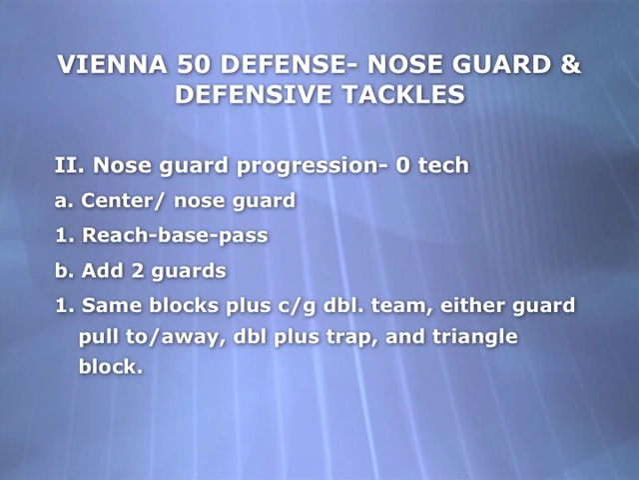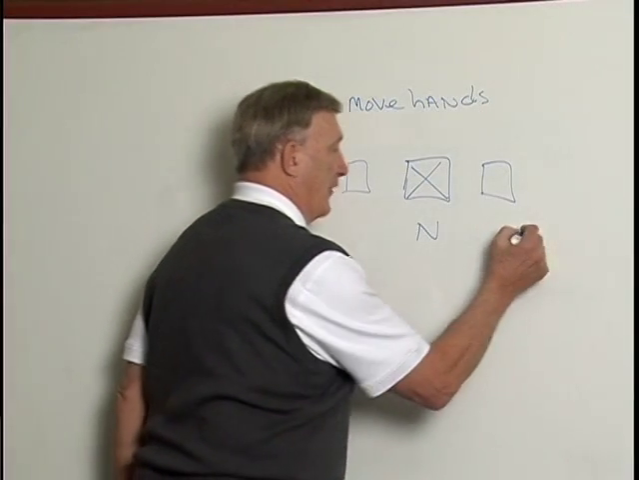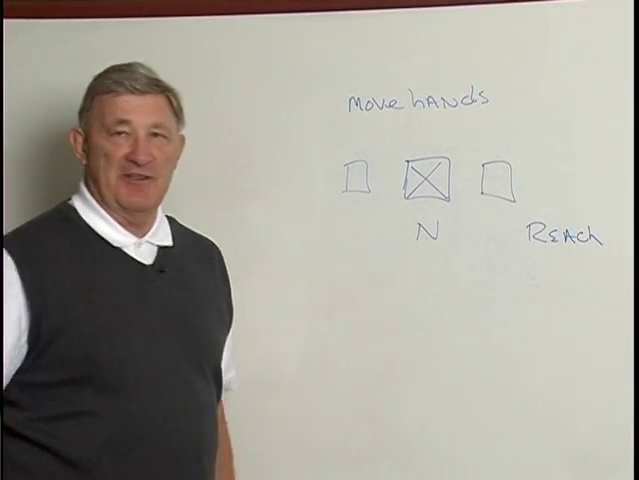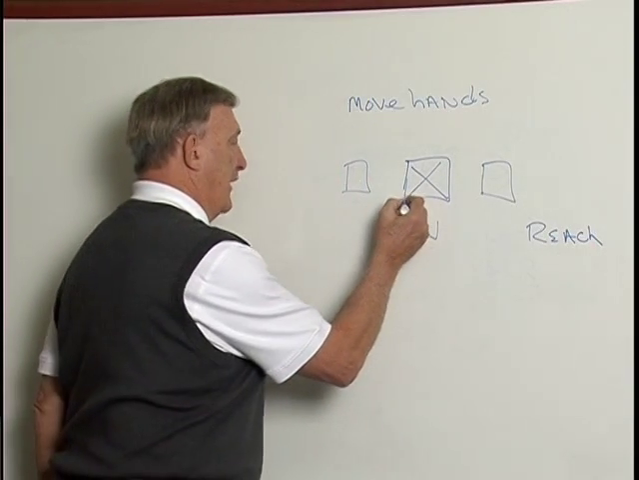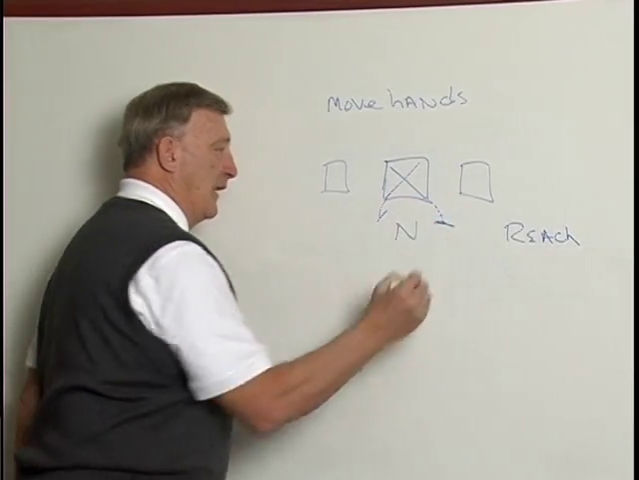Okay, now we're going to look at our nose guard, and we're going to have a progression for our nose guard just like we had a progression for our defensive tackles. The basic block that our nose guard is going to see is a reach block, the same thing that our defensive tackle was going to see. So we're going to start out and work with a reach block either way,